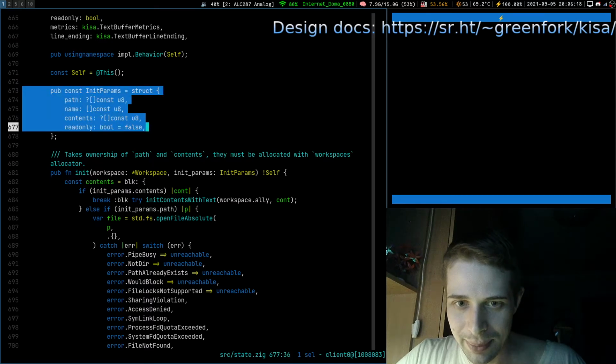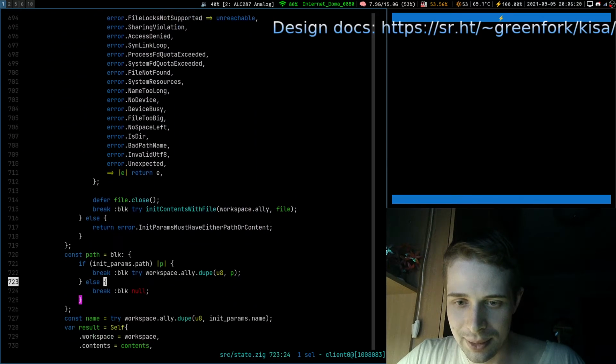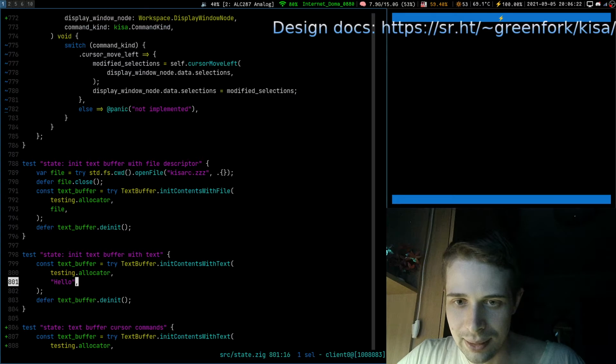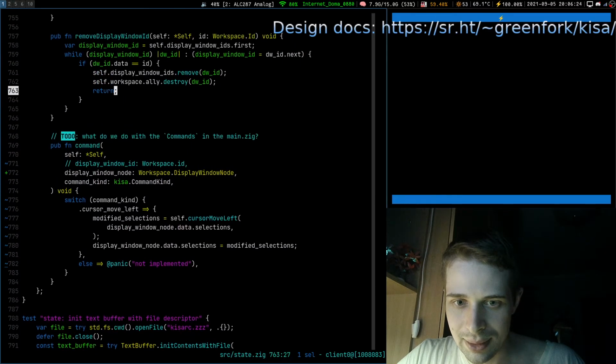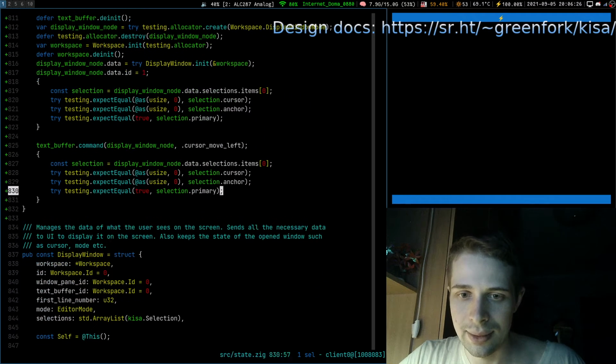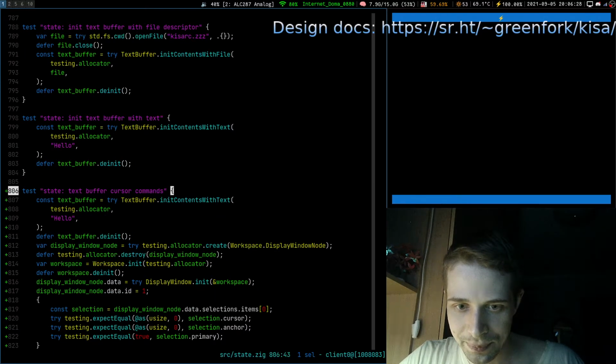So we should just pass these params, because all this scary stuff is from the implementation.